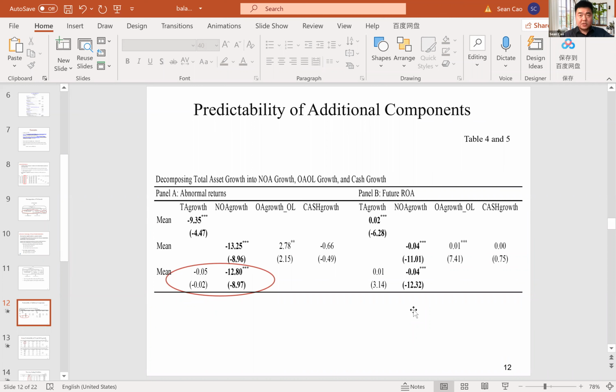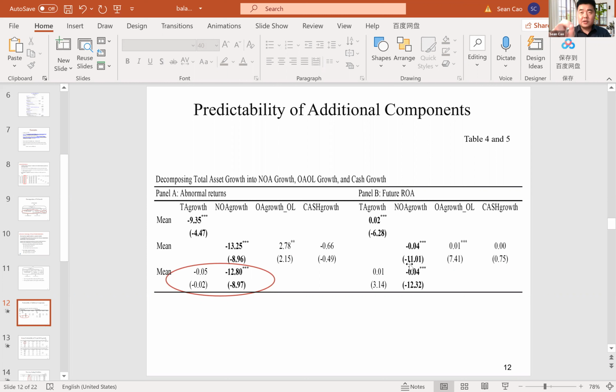First, you have to test whether the variable predicts future performance, sales. The second step is: do investors get it? Do investors actually understand this? What I'm saying is NOA growth can predict the future. Take it back. What I'm saying here is NOA growth can predict